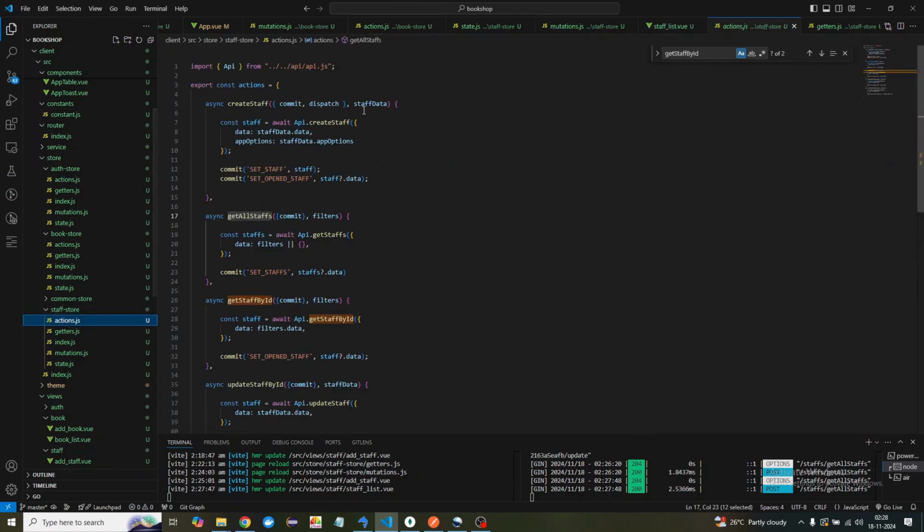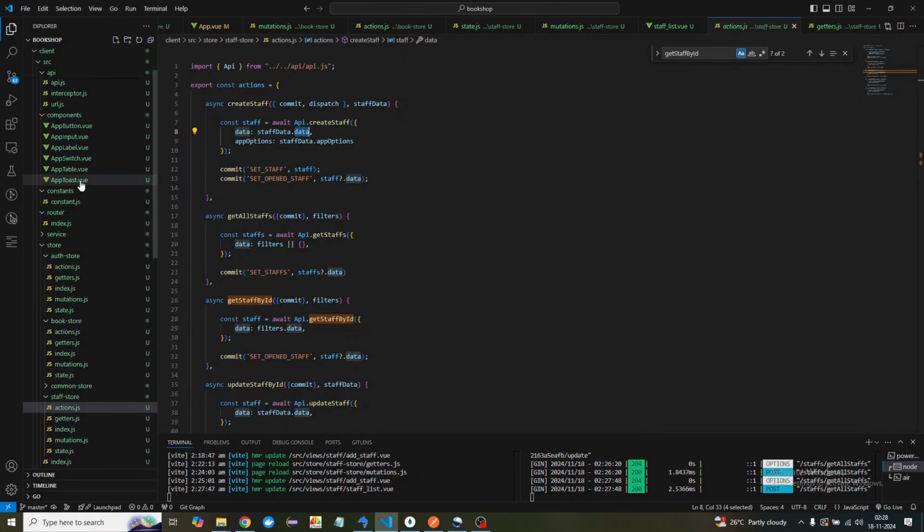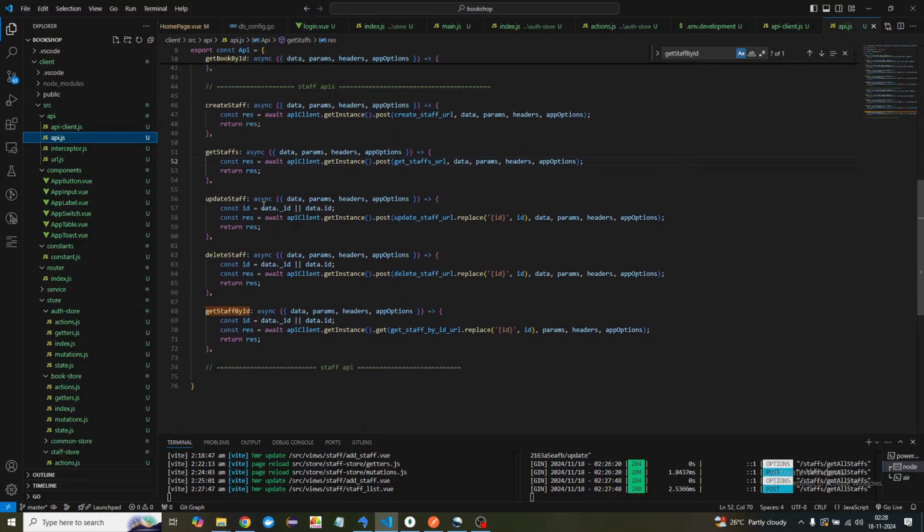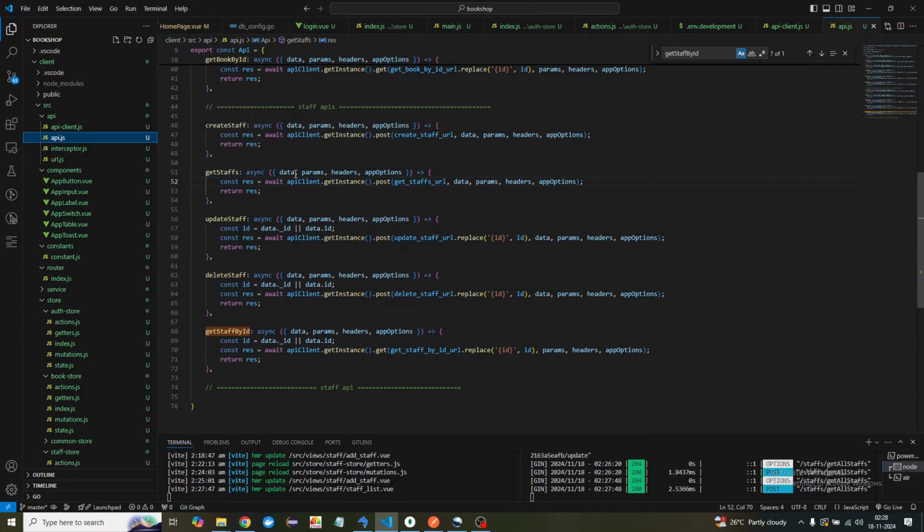Okay, and here we are passing data which we are passing from there, and then this data should be actually going on API. So I will go back here in API and I will say get all staff, that is get staffs, right? So from there we are taking out data only, right? But that data contains all those nested properties. But we don't need nested properties, instead we directly need data here. So what we can do here is